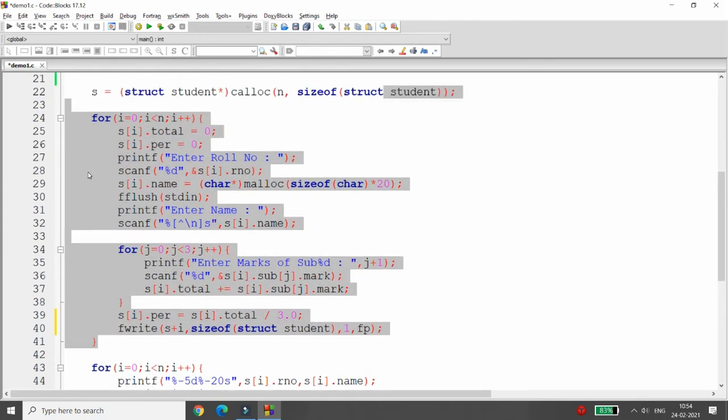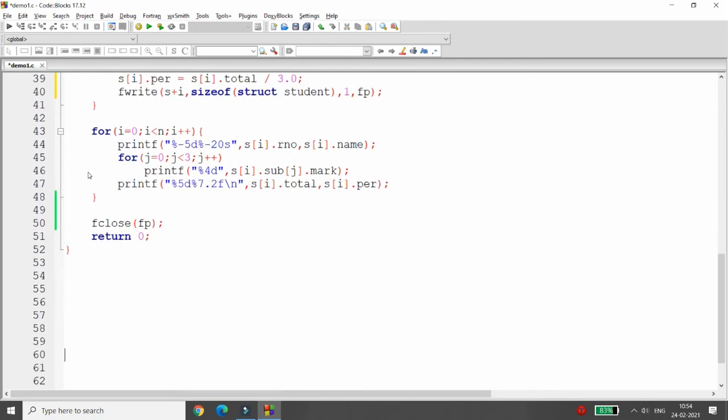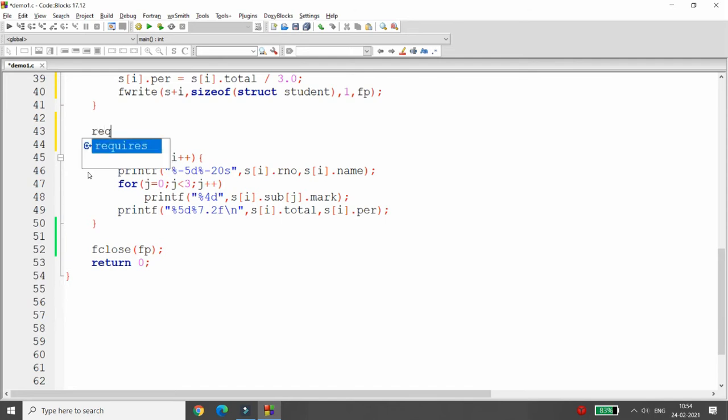Now I want to read that particular data from the file. So very simple, instead of displaying the content using the variable, we can simply write here rewind. Whenever we write rewind, the cursor will be set at the beginning of the file. So my cursor will be at the beginning. Once my cursor is set at the beginning, here I can simply use the while loop, and I can write here fread. Whenever I write fread, I just need to provide the address and size of the structure and all these things.